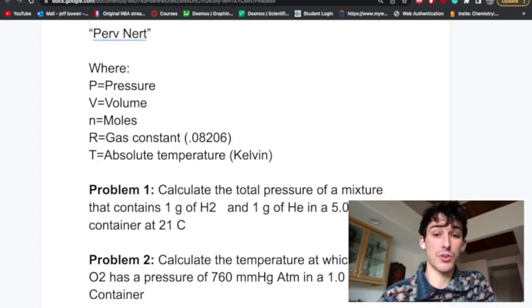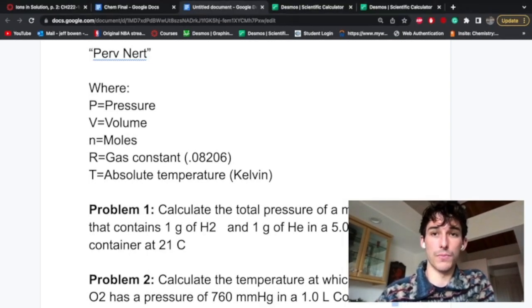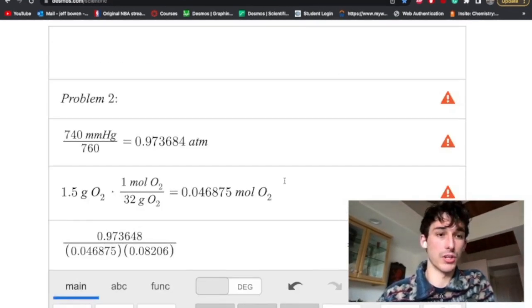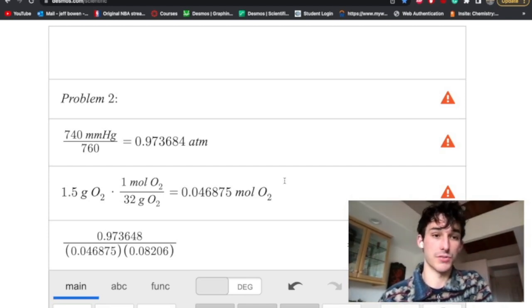Problem 2: we need to calculate the temperature at which these conditions exist, which is when 1.5 grams of diatomic oxygen has a pressure of 760 millimeters of mercury, which is a unit I'm not super familiar with, in a 1-liter container. So how we're going to solve this one: first we're going to convert our millimeters of mercury into atmospheres by dividing by 760, which gives us